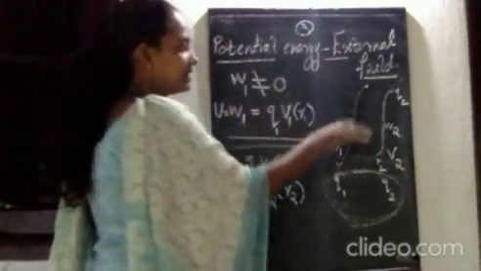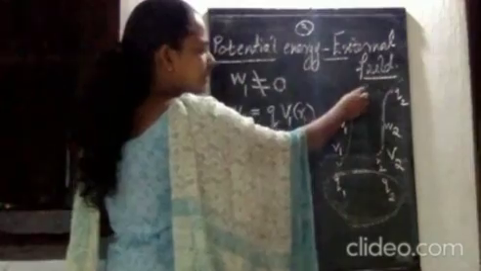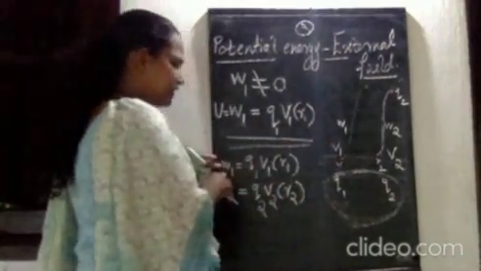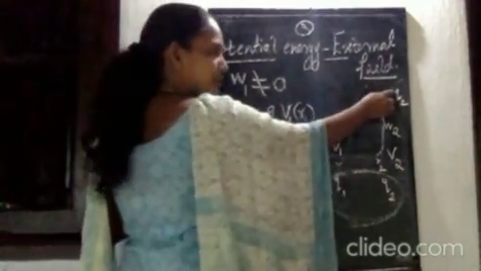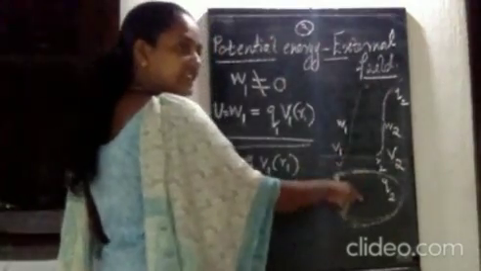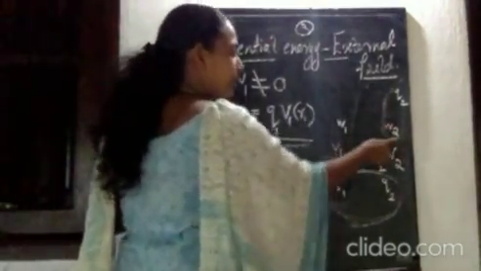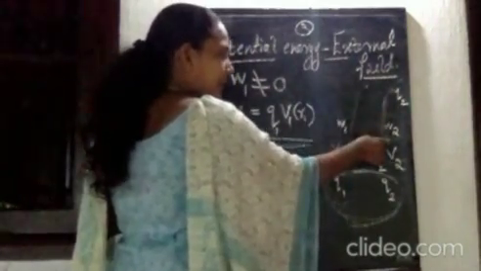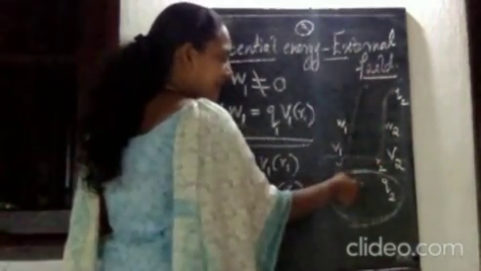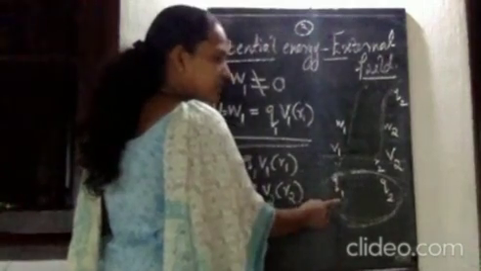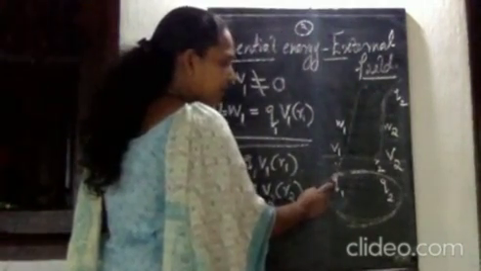First, the Q1 charge is coming from infinity to here, and a work is done. And whenever you are bringing the Q2 charge, an external field is existing here. So, in order to overcome that external field, we are doing a work W2. Not only that, this Q2 charge is coming in the presence of this Q1 charge also. So, what is the expression for work done